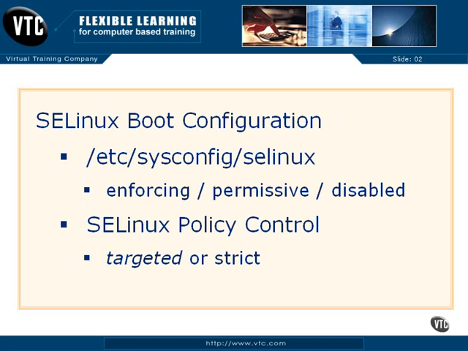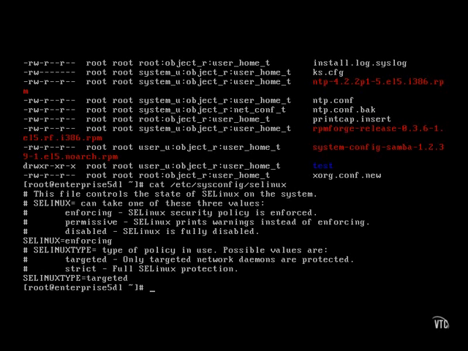When you boot your system, Security Enhanced Linux is started based on the settings in the /etc/sysconfig/selinux configuration file. Security Enhanced Linux can be started in enforcing, permissive, or disabled mode. And by default, Security Enhanced Linux uses targeted policies. In other words, network daemons as targeted